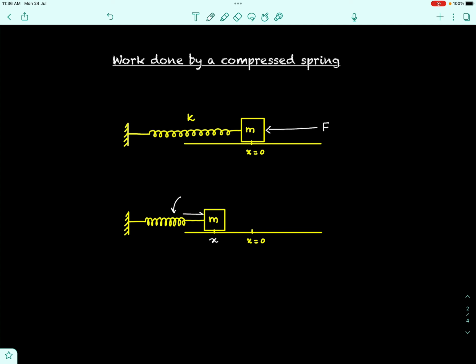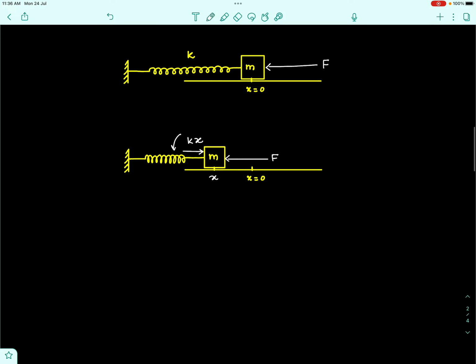let us draw it on this side. Here the spring force comes from the spring, it is kx towards right. The external force F is, by the way, still present there. But since we are looking forward to find out the work done by the spring, we will consider only the spring force, for assuming that, let's say, the block undergoes a very small displacement dx further from x,